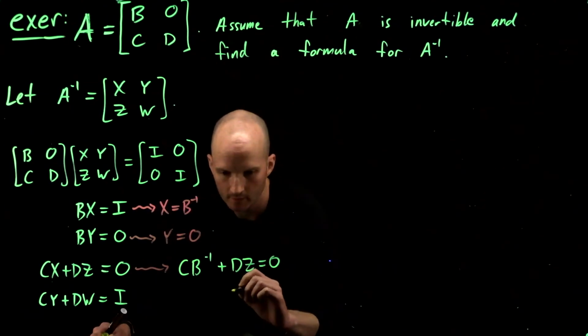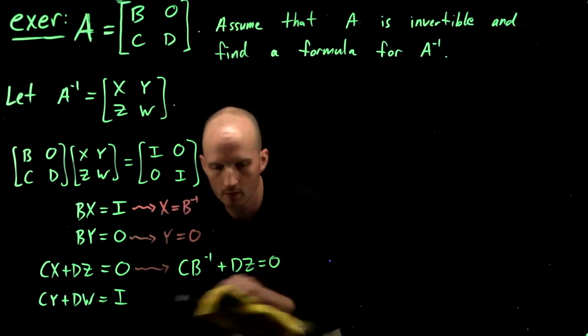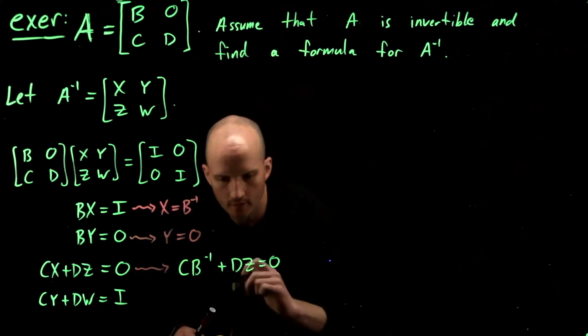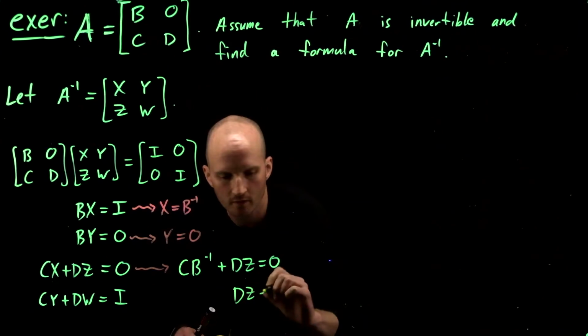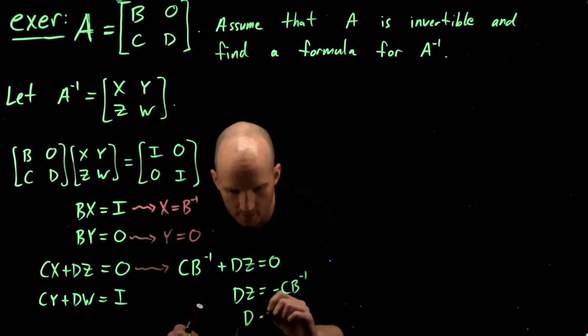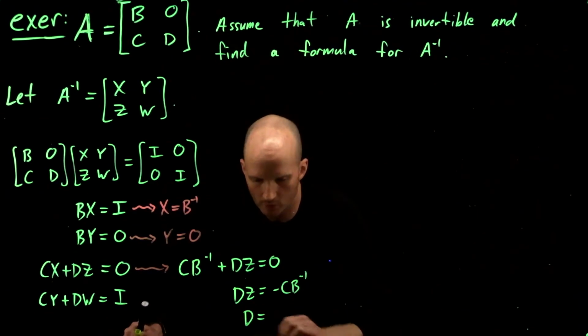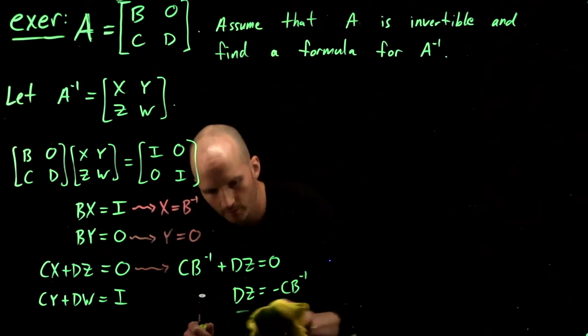So I get CB. Why don't I just leave the dz on the left? dz is equal to negative C B inverse, and then Z is equal to